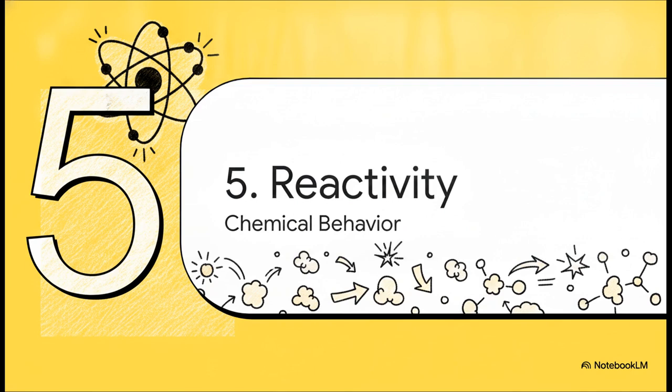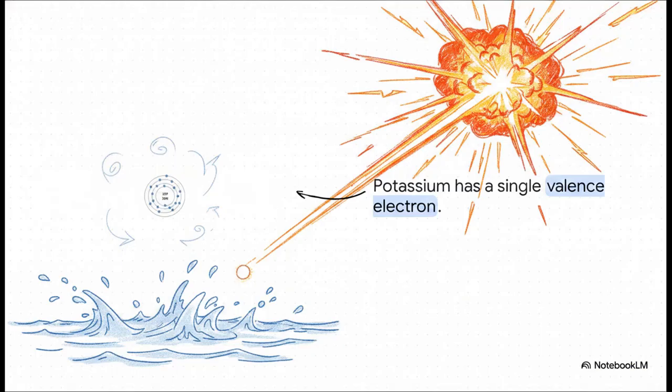Why do we care so much about these specific shell counts? Because the outermost electrons, the valence electrons, completely dictate an element's chemical personality. Let's look at our friend potassium again. Remember that 2881 setup? That single lonely valence electron in the fourth shell makes potassium incredibly unstable and highly reactive. It desperately wants to get rid of that one electron so it can drop back down to a perfectly full,